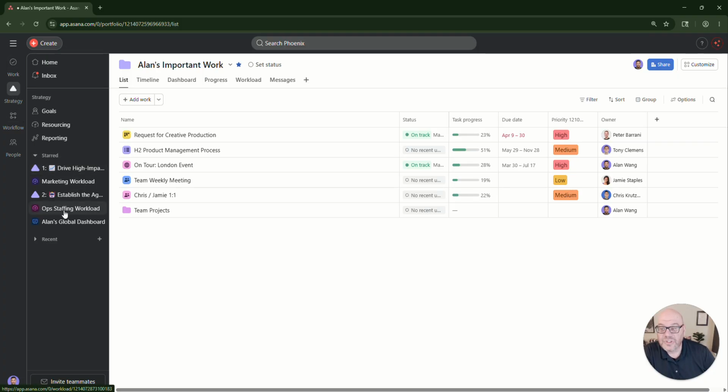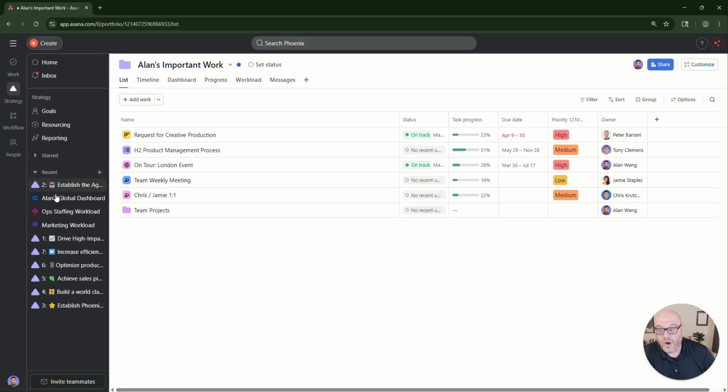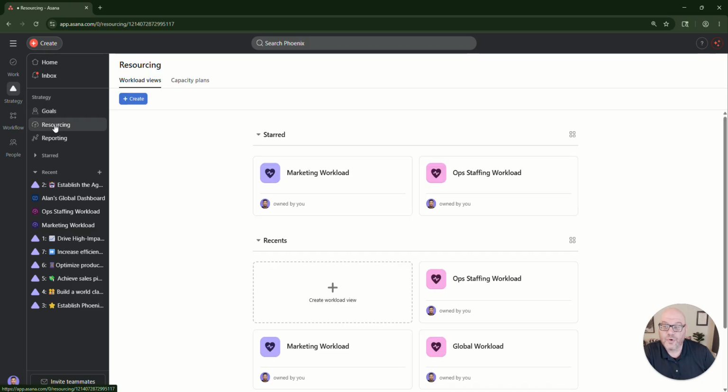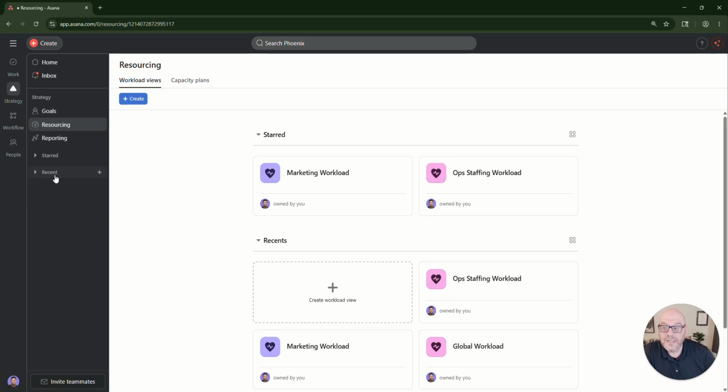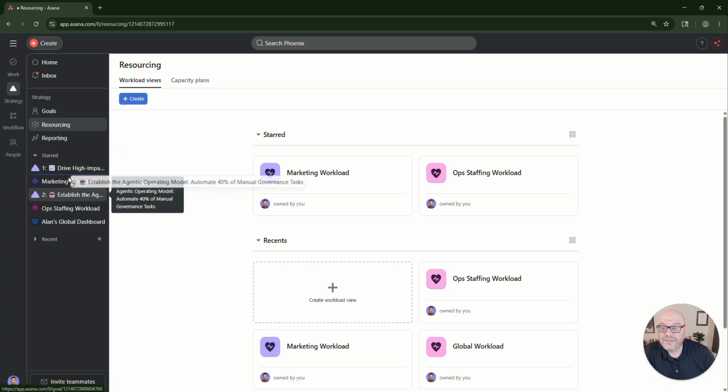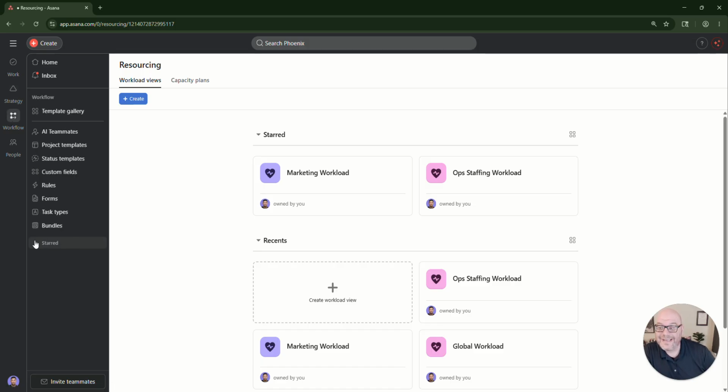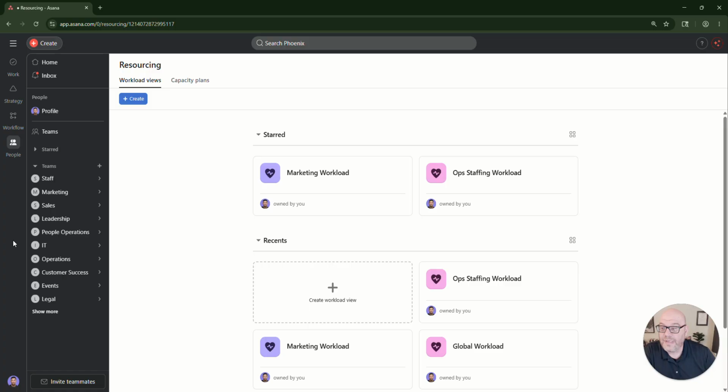We can create a starred section. So instead of looking at all of the recents or having to click or navigate to the various spaces where we think we want to get where we want to go, we can go ahead and collapse the recent and just open starred and have quick and easy access to the starred resources that we want to make navigation cleaner. Workflow, again, similar. Starred right down here, and Alan has access to 2 of his AI teammates as well as a form that he has access to. And then the people,